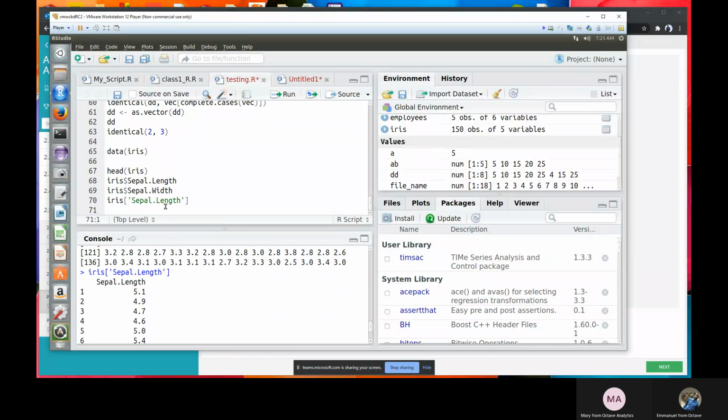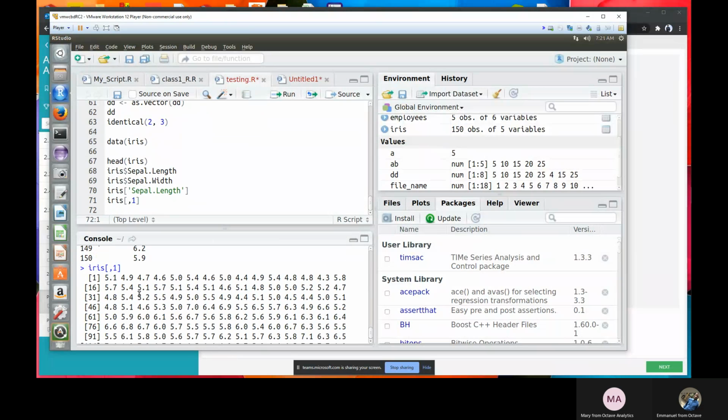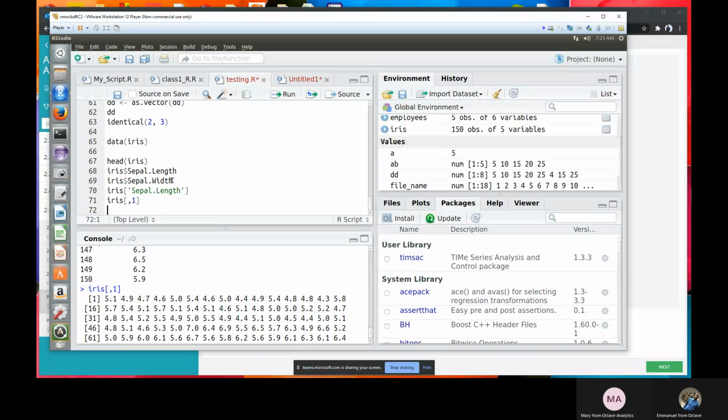You can also call it based on its index. So I can say iris, I want all the rows corresponding to column 1, because Sepal.Length is in column 1. Then I have it in vector form like this also, as compared to what I have here. So that's 3 different ways to